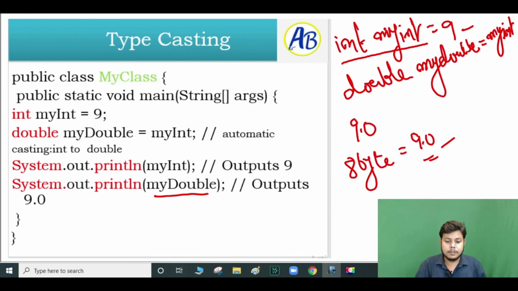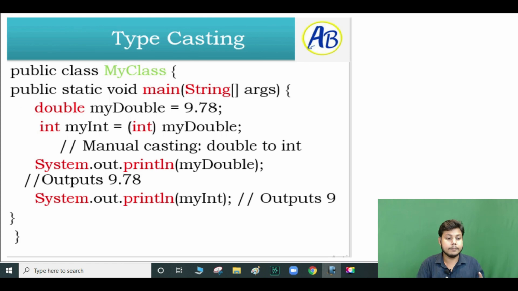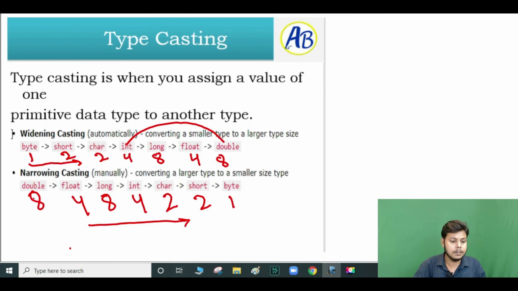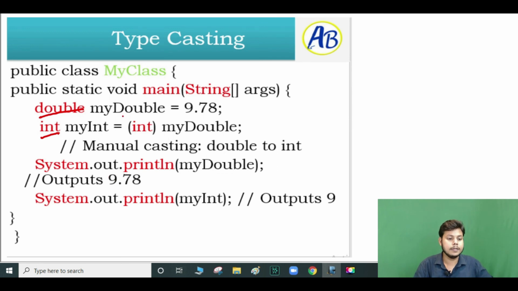See the other example. In this typecasting example, it is happening manually. You can see this, we have initially double and then we have to convert into int, double to int. We are converting from double to int, which means it is decreasing. We must do it manually. How will we do it manually? First we get myDouble is equal to how much? The double value is 9.78. We got this. But it is asking for int. The size of double is 8 byte, but int is 4 byte only. It has to store, so it has to remove the decimal part also.